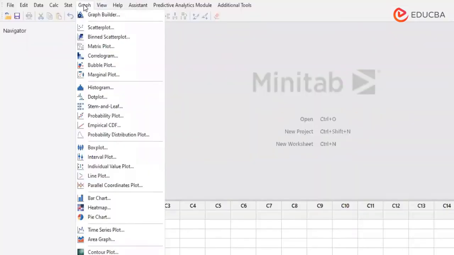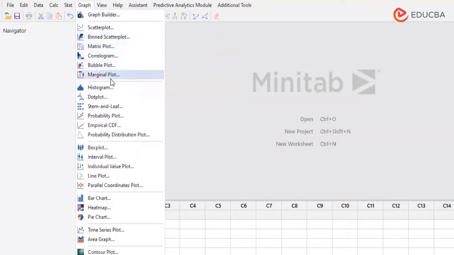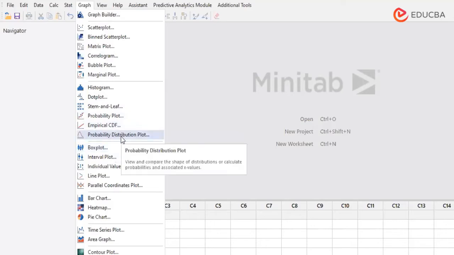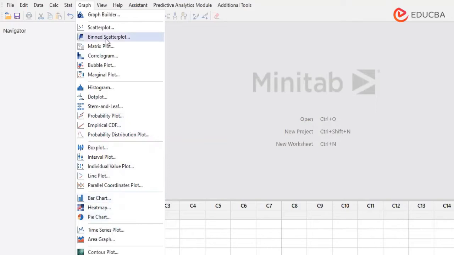And then we click on the, no wait, let's go into the graph a little more. So we have the scatter plot, we have the wind scatter plot. We also generate the correlogram, histograms, dot plot, probability plots. This will help you test your data for a particular distribution and estimate percentiles. We also have the empirical cumulative distribution function, CDF, and probability distribution plots. We have bar charts, heat map, pie charts. So there is a wide variety of graphs that are provided in this